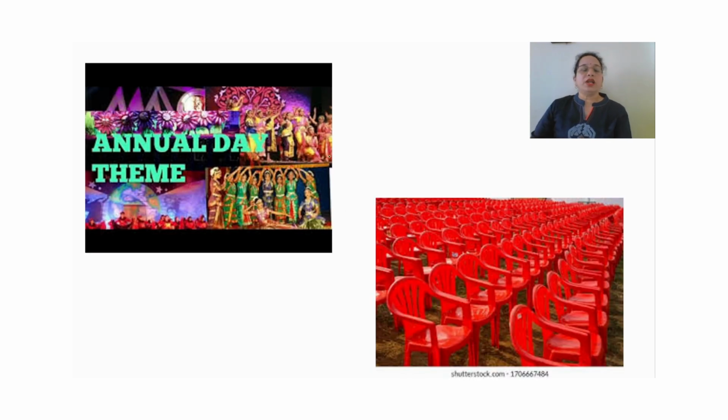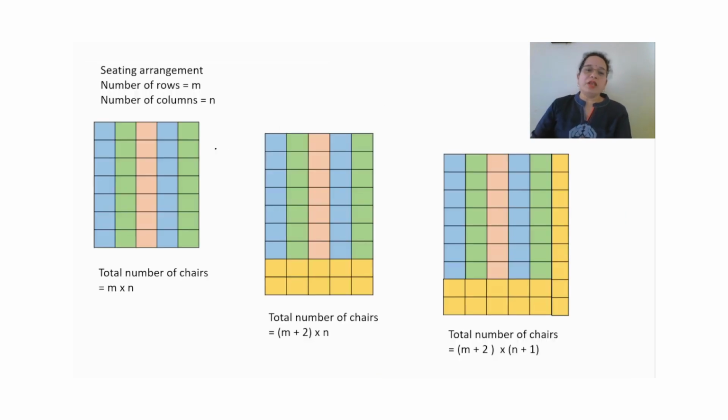Now here you can take the example of annual day. You can assume that there is an annual day in your school. We always guess how many persons will come to watch this annual day program. Suppose 500 people will come to watch this annual day. Accordingly we arrange chairs and we keep a few extra chairs. Let us continue with the same example here. For the annual day, we thought these many people will come to watch our program, so we have arranged